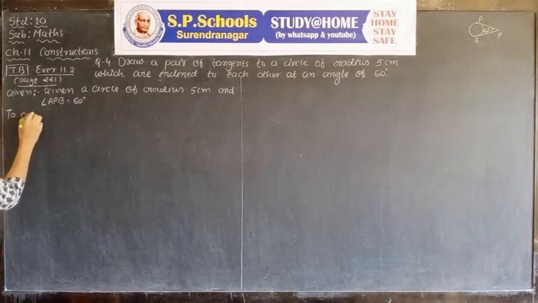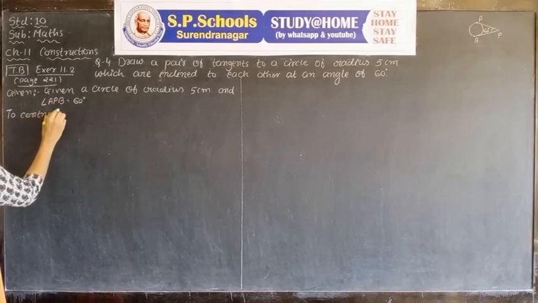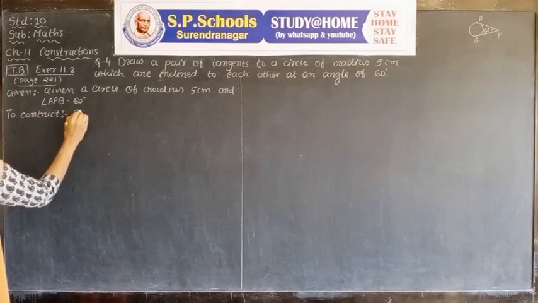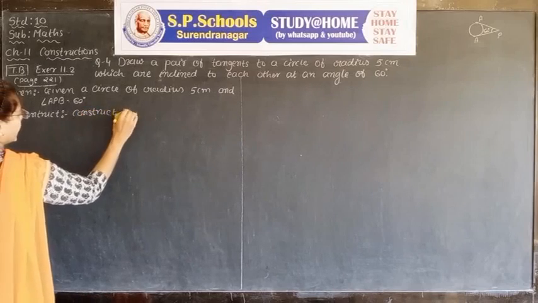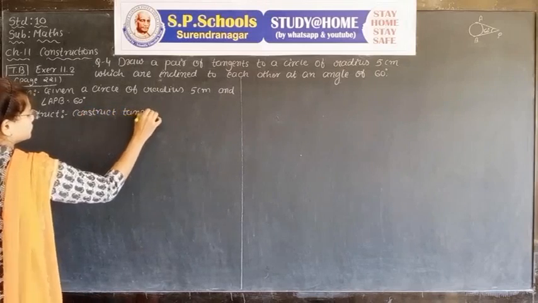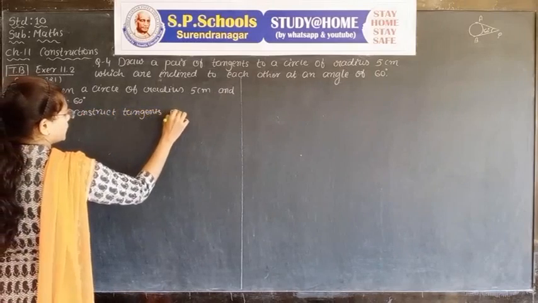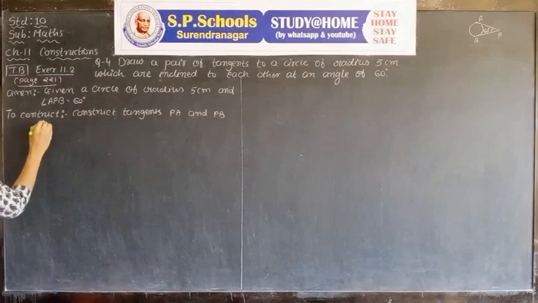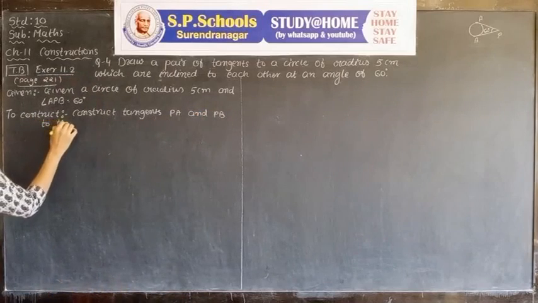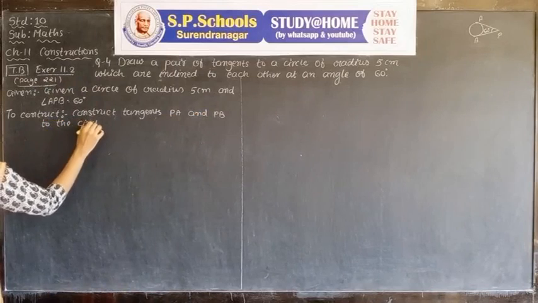Now to construct tangents PA and PB to the circle